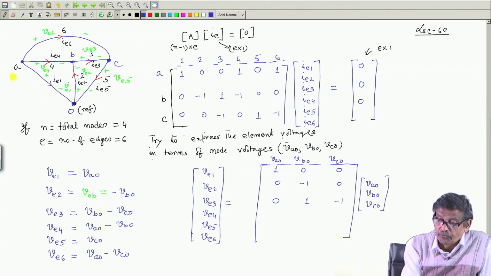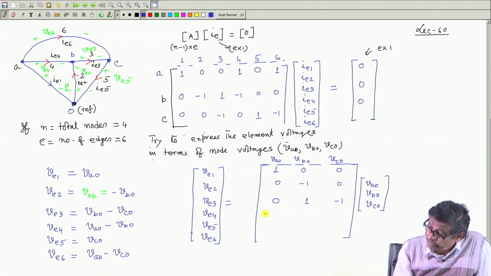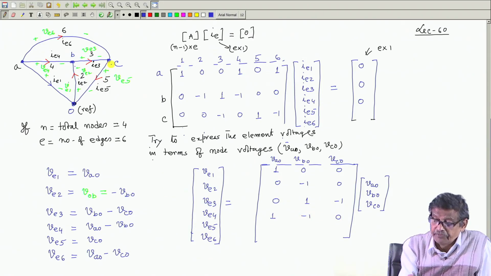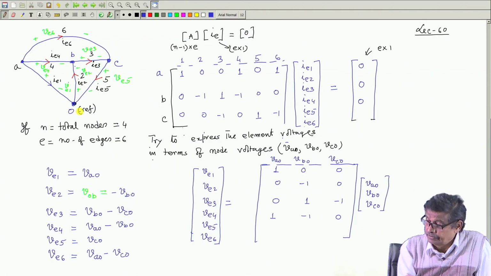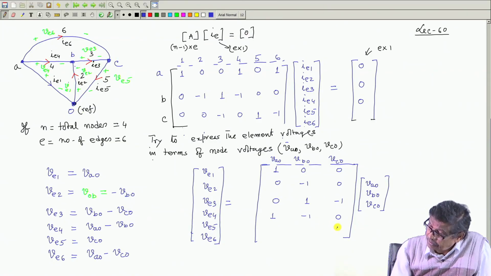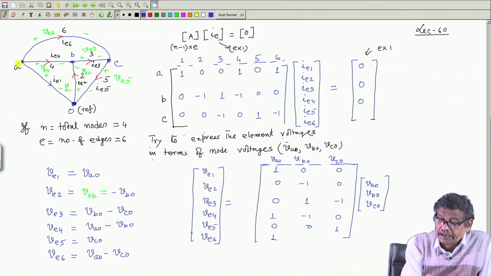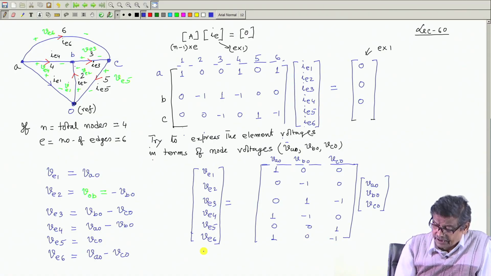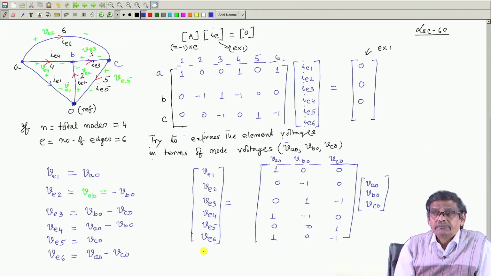V E 4 will be V A 0 minus V B 0, so 1 minus 1 and 0. V E 5 is only V C 0, so only 1 here, 0 0. And finally, V E 6 is V A 0 minus V C 0, so 1 0 minus 1. In fact, one can straight away write it, but because you are doing it for the first time,